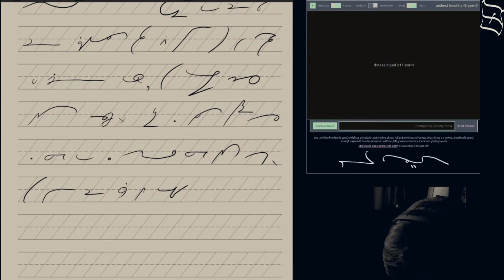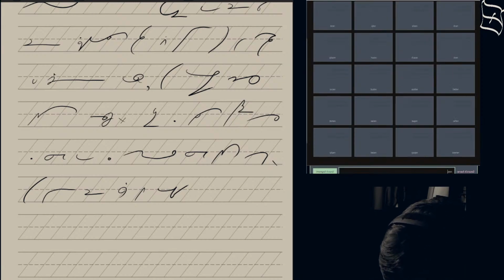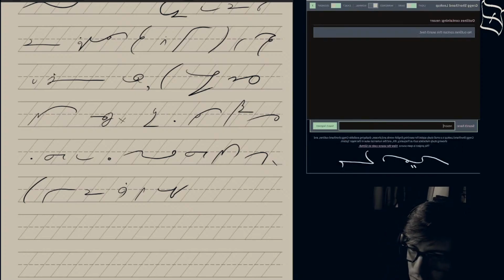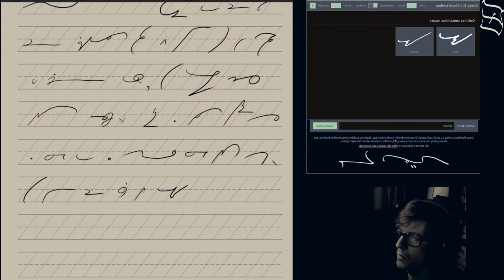See if that's correct. Resort. So we have to have the S in there in order to make it work. We go to resort to one's own imagination.